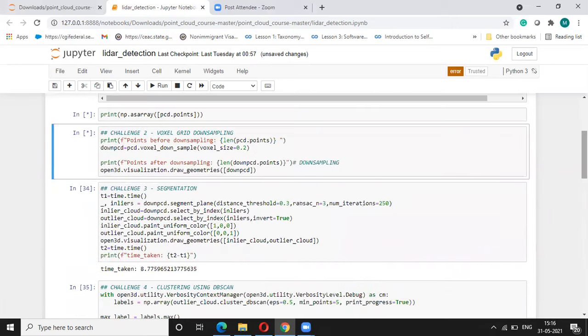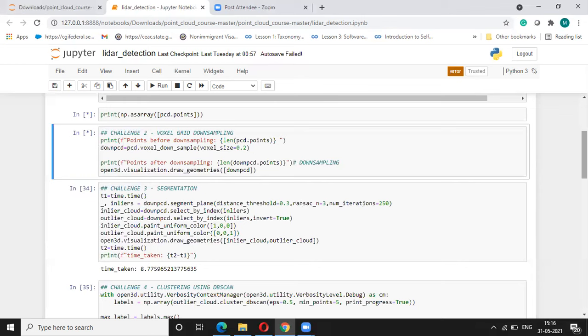Once we are done with that, once we downsample our point cloud data, the next thing that we need to do is segmentation of our data. Segmentation is basically just a way of finding outliers in our data. We could have done that using linear regression, but it might not be possible to get that done properly.